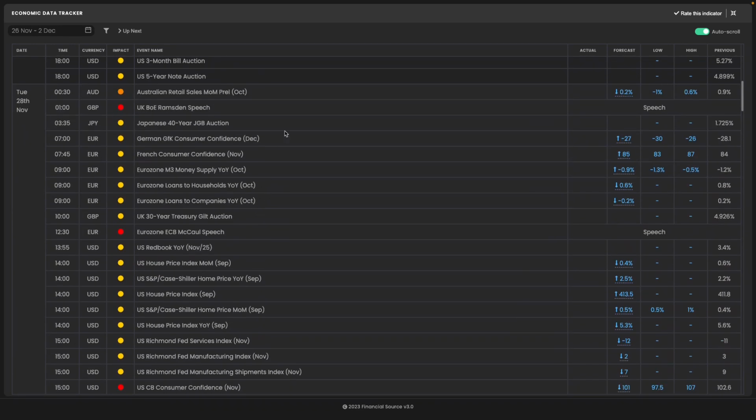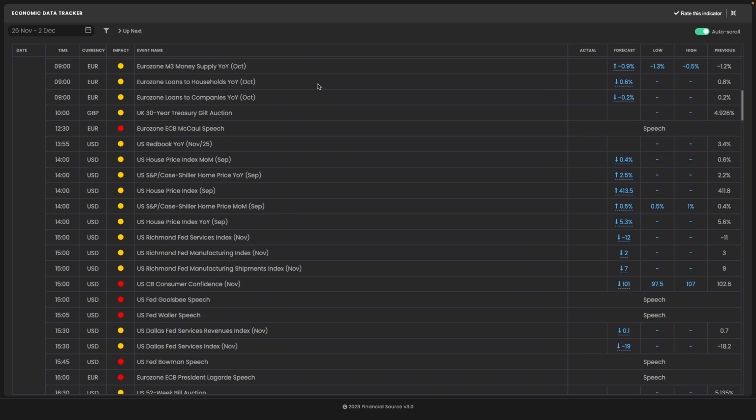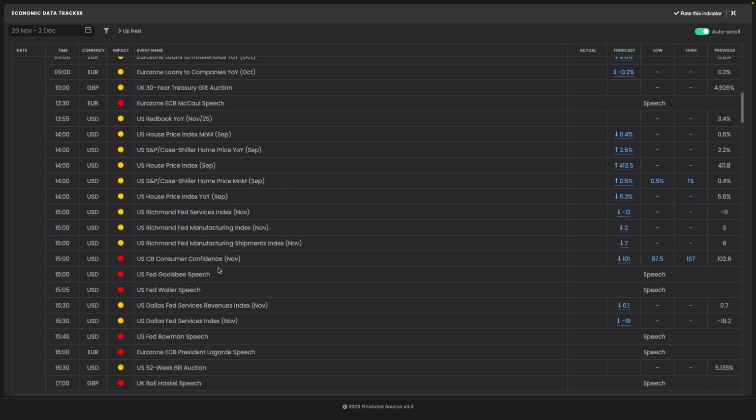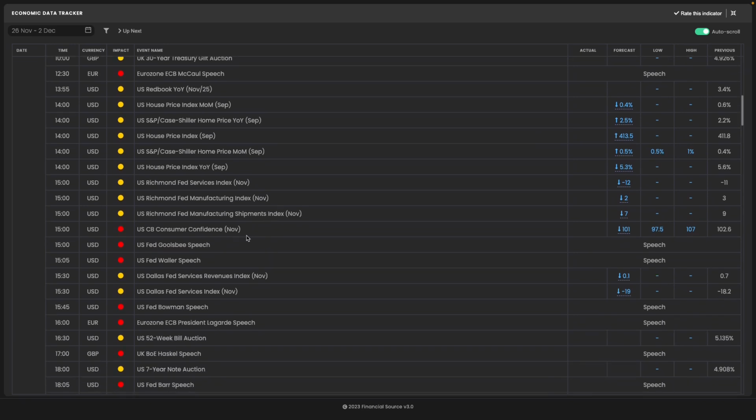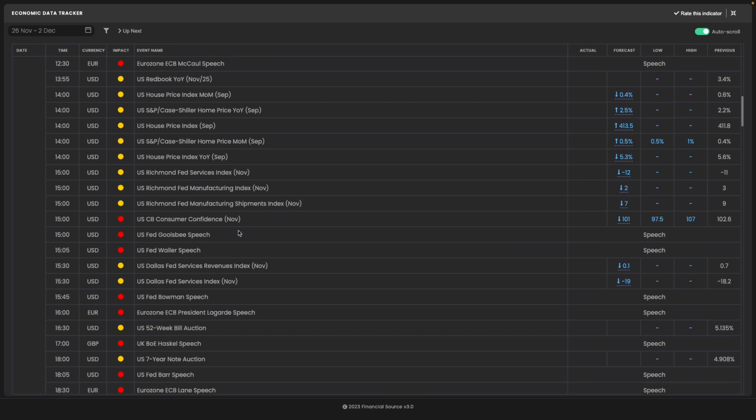Similarly for Tuesday, we got some central bank speakers, but there isn't a whole lot to look at. The first thing we will be looking at is US consumer confidence. Getting a sense of how that US consumer is doing is always going to be important, and we could see a short term opportunity in the dollar here. If this comes in significantly higher than market's expectations of 107, then you could expect some of that recent dollar